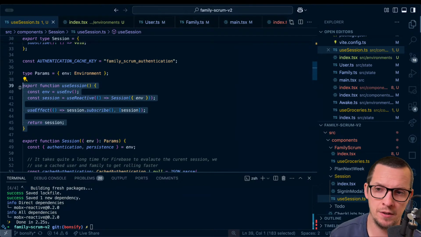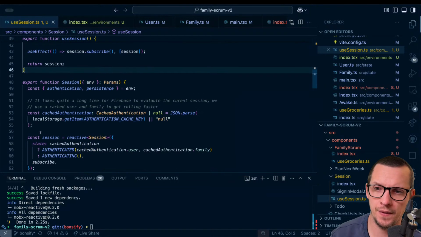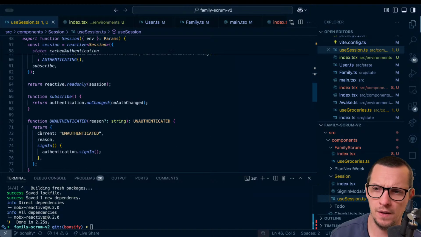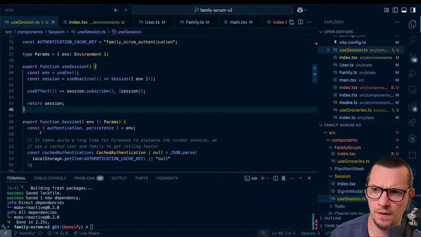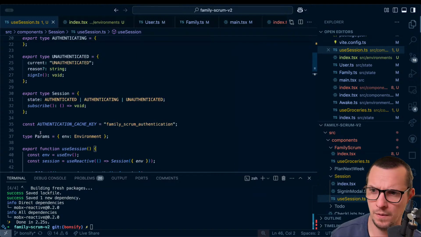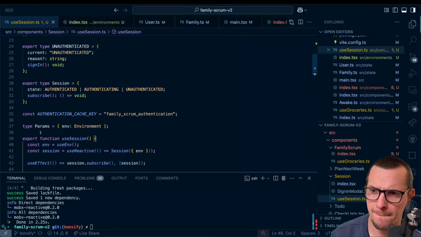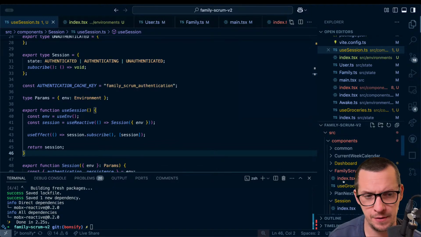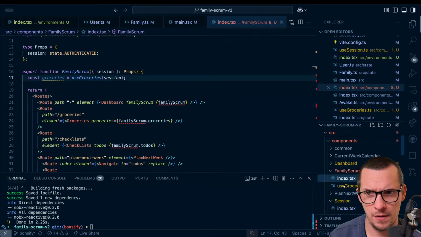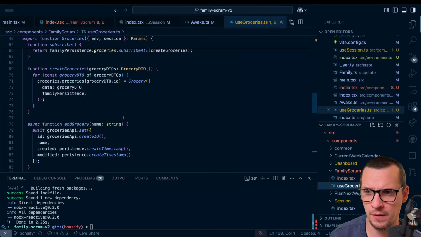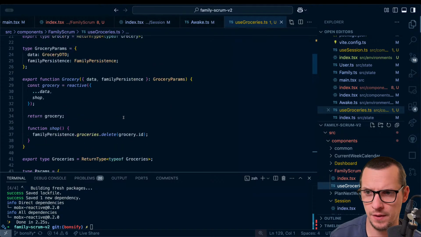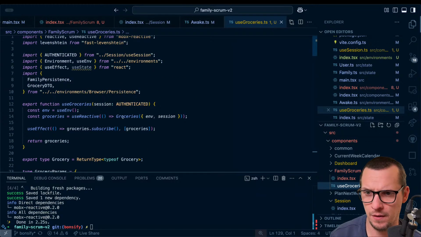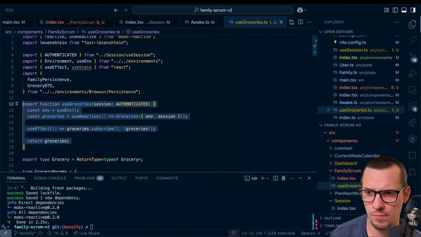So this is how I create the session, and then when we get into family scrum, I have the session and I'm creating the groceries. And it's the same thing here. Creating groceries, subscribing to them, returning them.